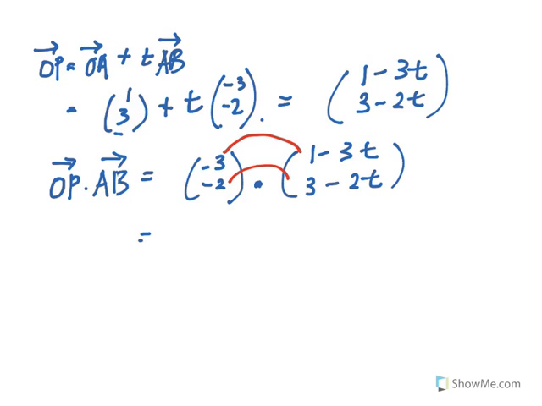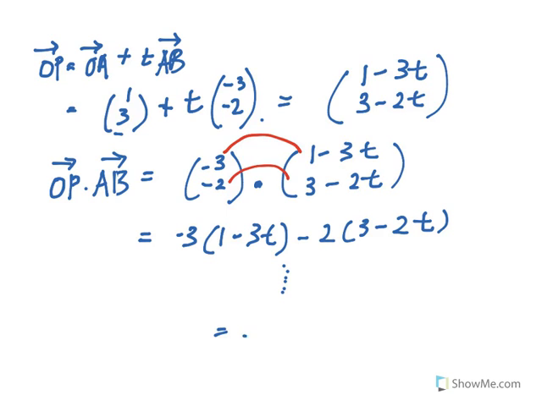Okay, we just have, very quickly you can see that we end up with some sort of linear algebraic equation: 1 minus 3t minus 2, 3 minus 2t. Solving this quickly, I'm just going to get t. You're going to get something like negative 9 plus 13t. Okay, so if you want this to be 0, now that means you want, right, so the next one,